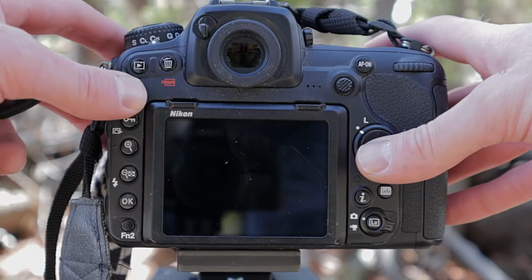And now the fourth thing you need is actually not an item, and it's the cheapest one on the list by far. It's just knowledge. You need to have the knowledge of your camera. You've got to know how to shoot it and know how to adjust the settings on the fly,